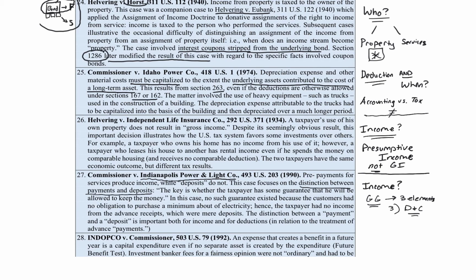So, refundable deposits, it makes no sense for them to be included when they're received, right? Strings are attached. It's kind of like the Rolex example that we talked about earlier when we talked about Glenshaw Glass. It's possible you might get the Rolex, you might not. Pay the deposit, you might get the deposit back, you might not. Right? If you don't get it back, it's going to be gross income. But if you do get it back, not gross income. The question is timing, you should record it when it's actually been satisfied, not when you actually receive the money. So that is what Indianapolis Power and Light deals with. It deals with dominion and control when you focus on deposits.